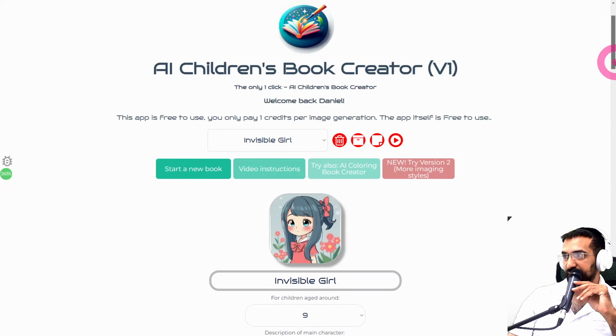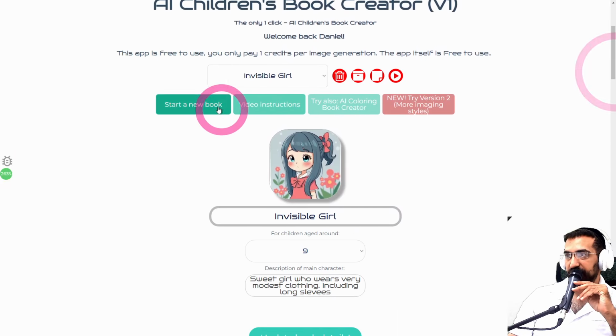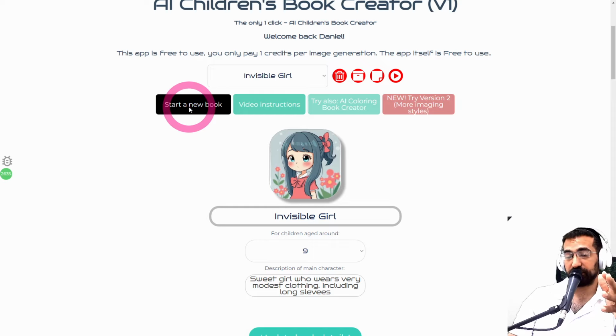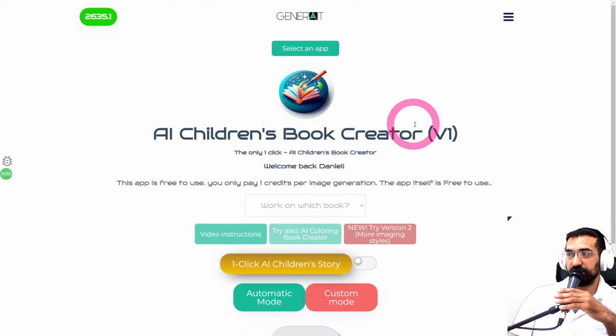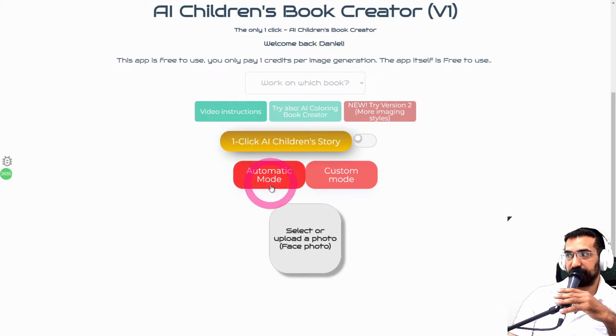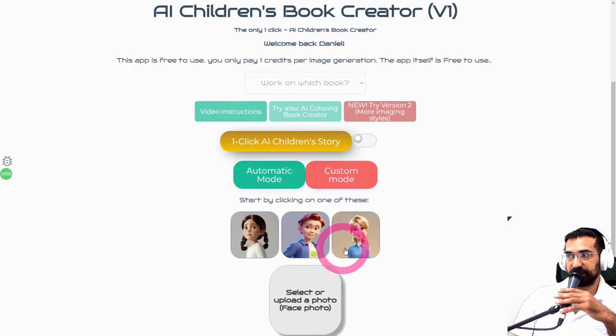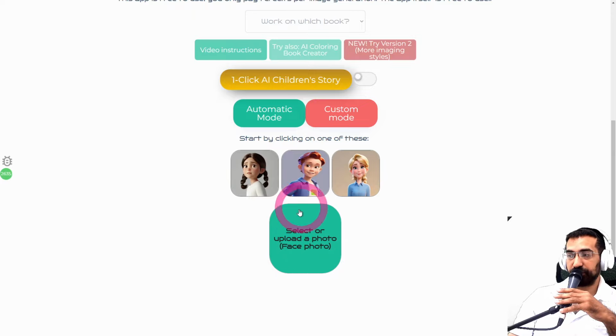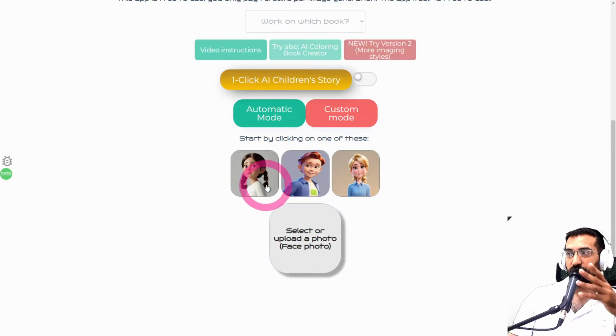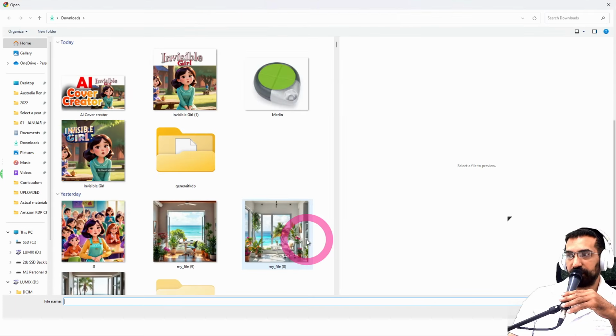So over here, you'll be able to see that if you want to start creating a book, you click on Start a New Book. Now there's an automatic option and there's also manual options. So feel free to choose whichever one you want. I prefer the custom mode where you select a character or even upload one of your children, a photo of your child or anything. So let's say, for example, if I upload,